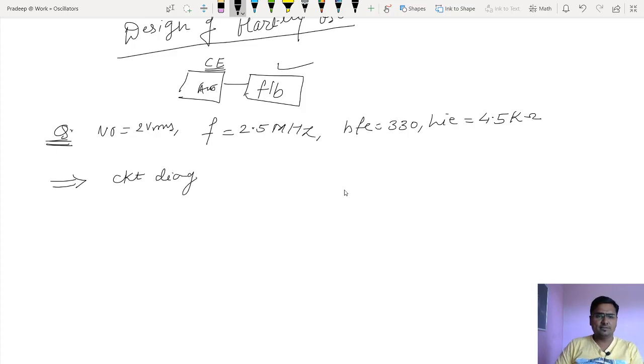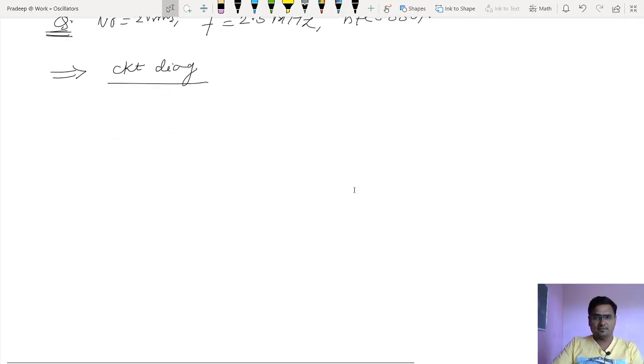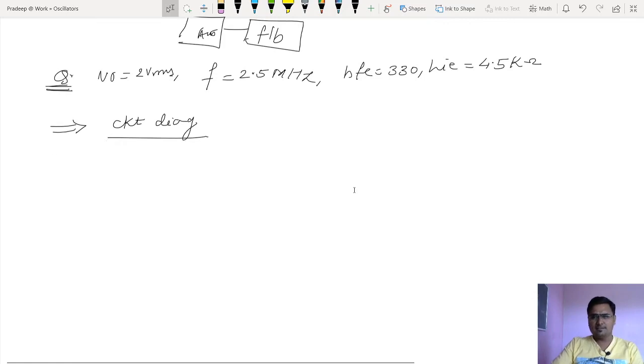We are not going to waste time here drawing the circuit diagram again and again. Now our first job is to design the amplifier, and the design procedure of the amplifier is well known to us. By now we have practically memorized it, considering how many times we have designed an amplifier. We designed the amplifier in the RC phase shift oscillator, in the Wien bridge oscillator, and even in the Colpitts oscillator. The procedure will remain the same that we already learned last semester. We have designed a single stage RC coupled common emitter amplifier so many times.